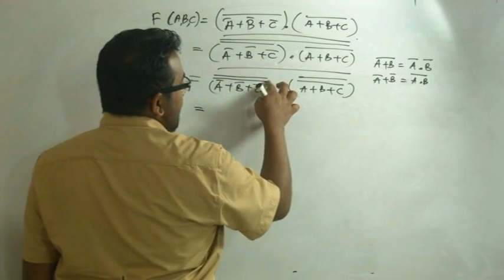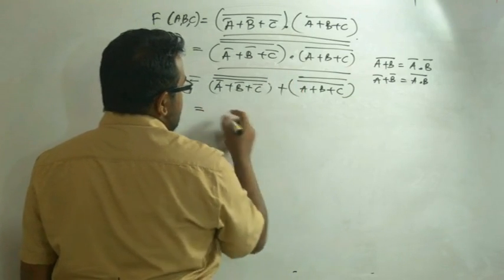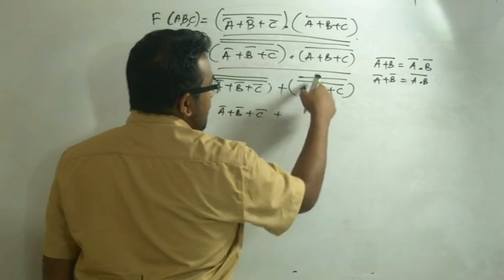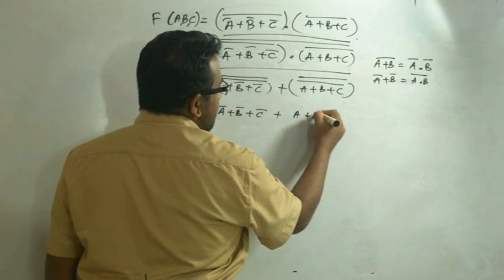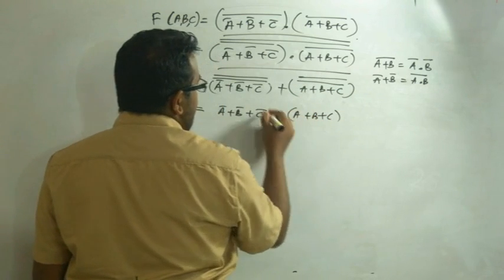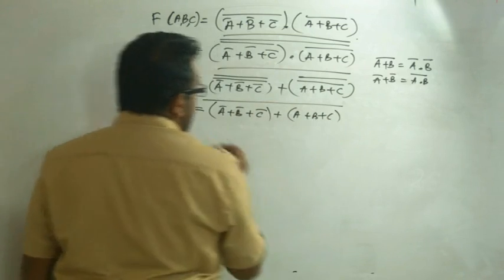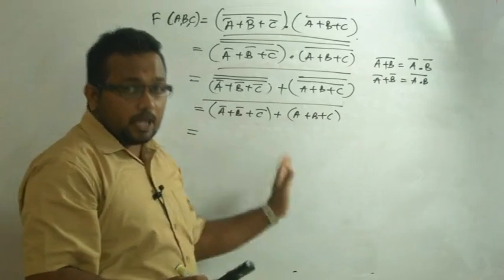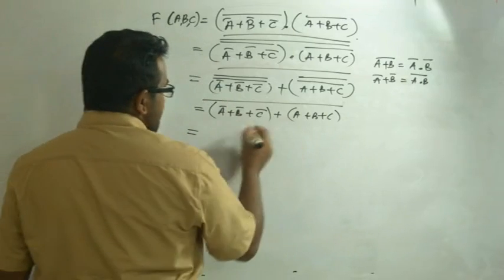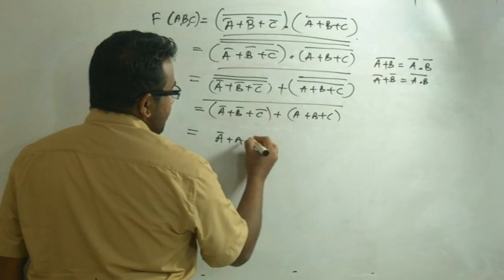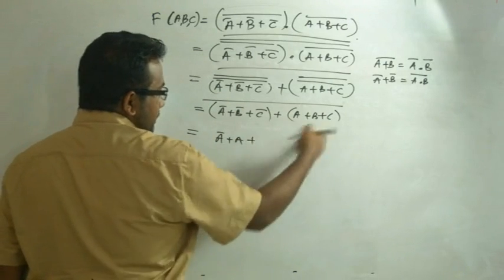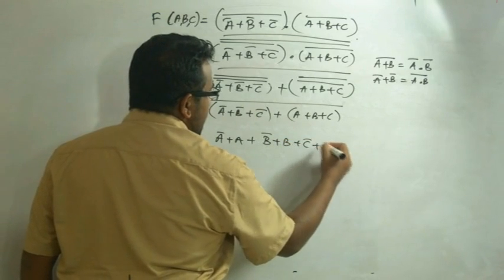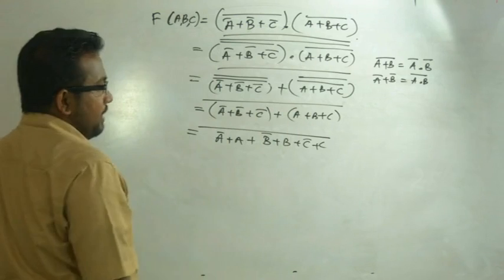So there are two bars, no point in having two bars here. So we will end up with this, and there are again two bars, no point in having them. So we will end up here. There is a one bar. As you can see now, everything has become sums, not products. So simply we can rearrange the terms: B bar plus B, C bar plus C, and one bar will remain.